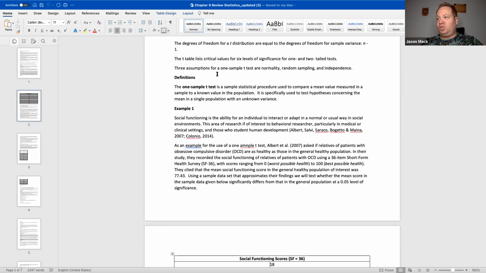Example 1. Social functioning is the ability for an individual to interact or adapt in a normal or usual way in social environments. This area of research is of interest to the behavioral researcher, particularly in medical or clinical settings and those who study human development. As an example for the use of a 1-sample t-test,